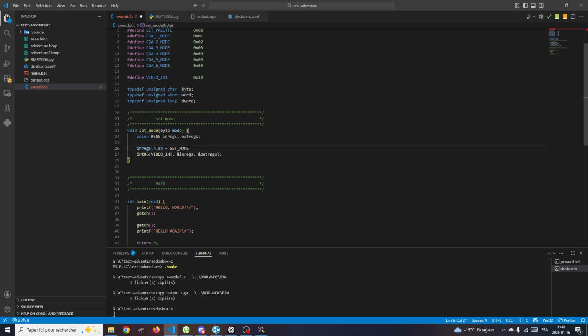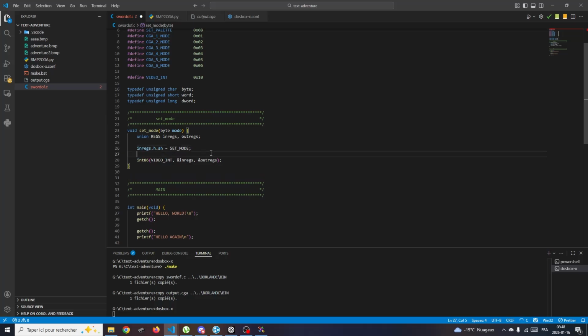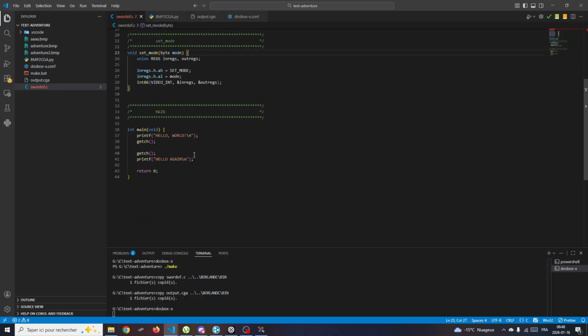So we have set mode, and we have the mode we want to pass, and this is going to be passed as a parameter. The mode is the byte right here, and this way it's just going to set the mode. So right now we have a set mode function, and I can set it as any